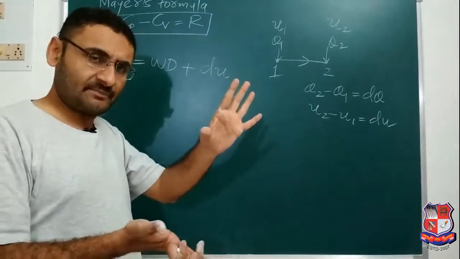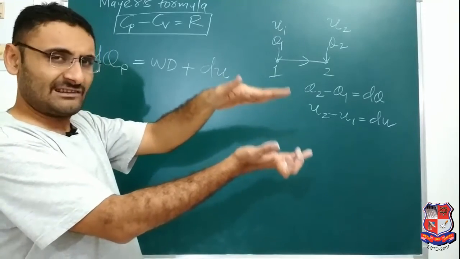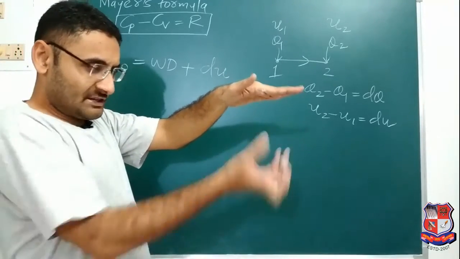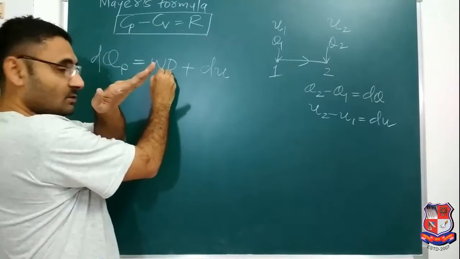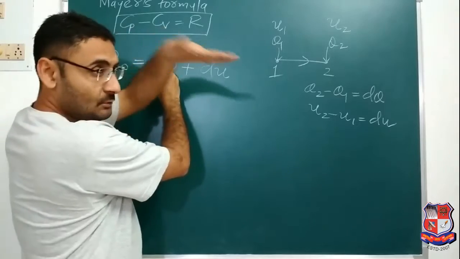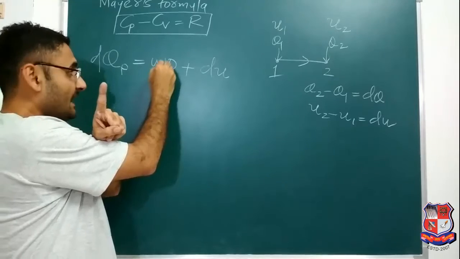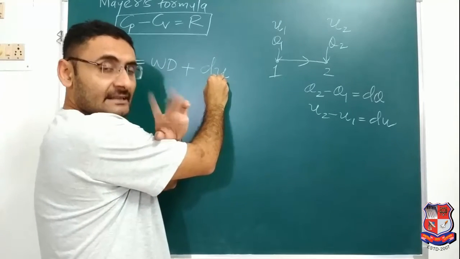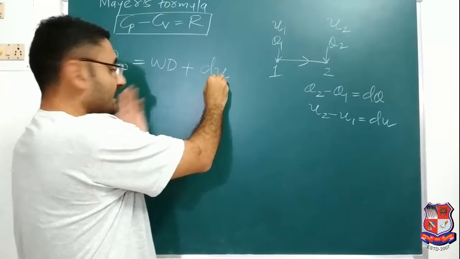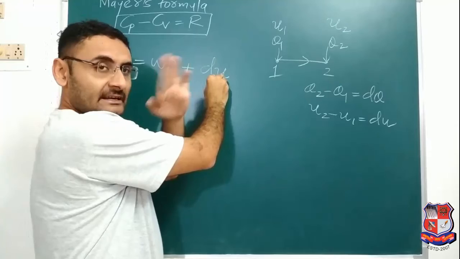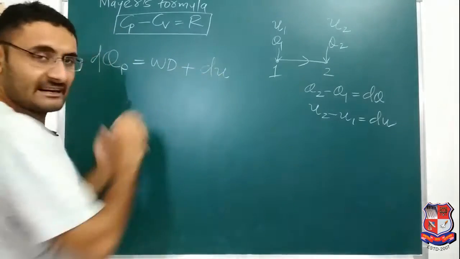So just as an example, you put a pressure cooker on a burner, and the pressure in the cooker remains constant. Suppose you are supplying heat at a constant pressure process. Whatever steam is there, if you impart that steam on the rotor of a turbine, work can be produced, number one. And another thing is that internal energy may change. Why? Because internal energy depends on temperature, and as heat increases or decreases, internal energy also increases or decreases as per the temperature change. So, clear about this statement?